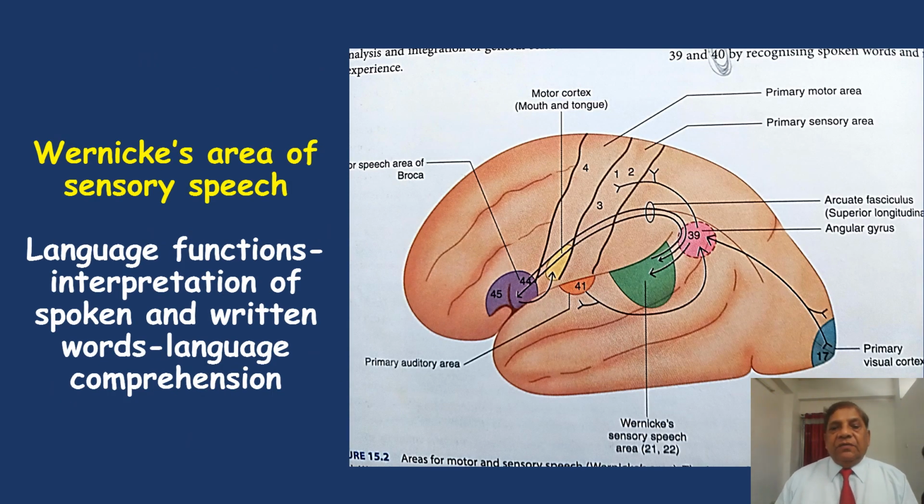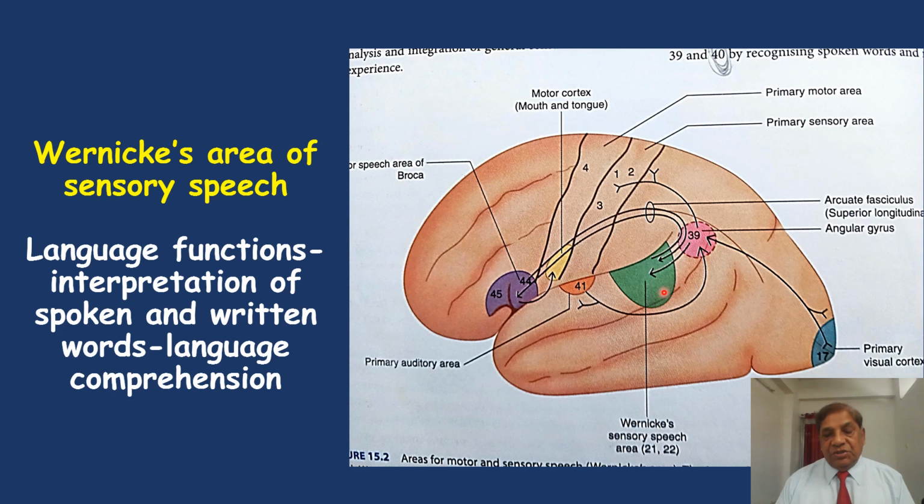Let us see what the Wernicke area, the sensory speech area, is. This particular area, located in the superior temporal gyrus, has language functions. It is important for the interpretation of spoken and written words. That means whatever a person is speaking is interpreted in this Wernicke area, and whatever he is reading, the written words from a book, is also analyzed and interpreted. Thus both kinds of